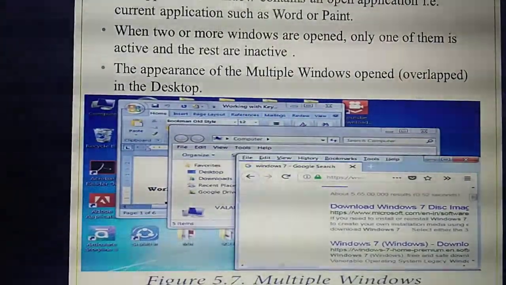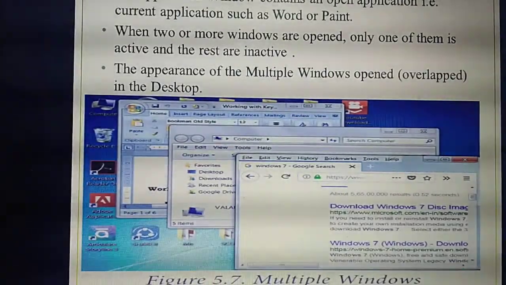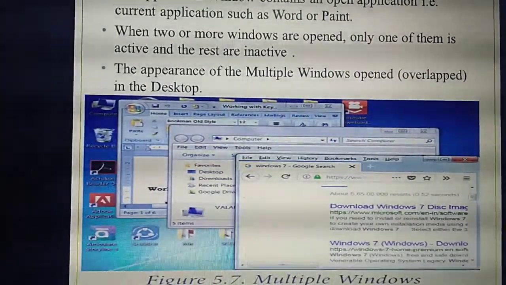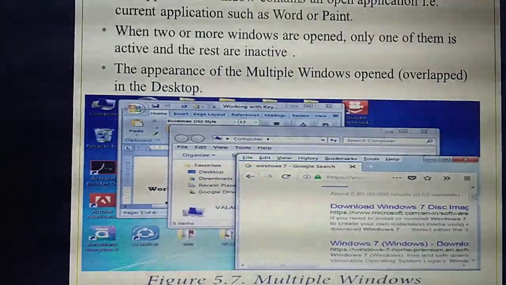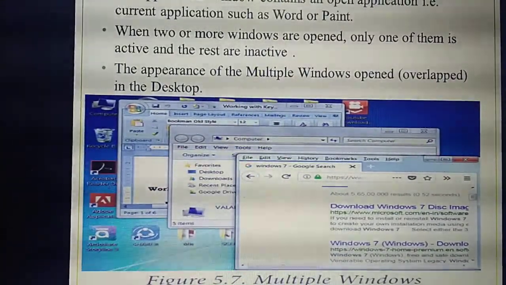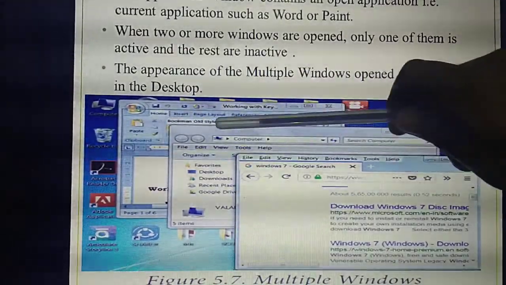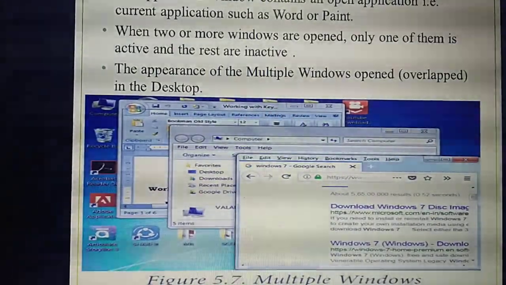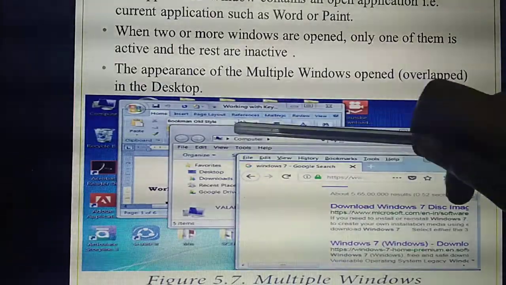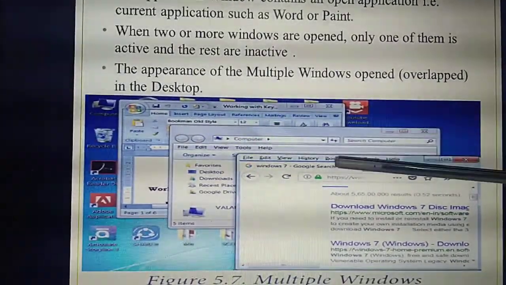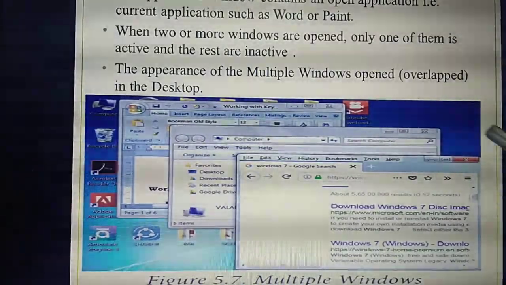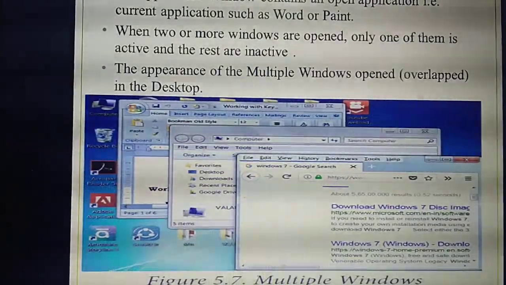You can open 2 or 3 or 4 or 5 windows at the same time, but you are going to use only one of the windows. Listen, in your book they have given the same diagram. Here they have opened 3 windows, but they are working in any one window.